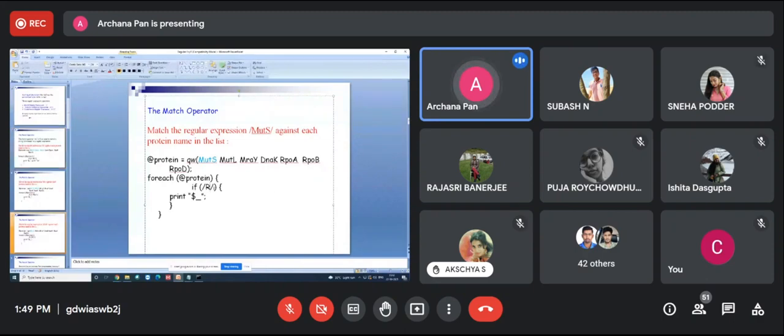So there is one regular expression modifier. If you add I, that we'll learn later, it will ignore the case. Even capital and lowercase, uppercase both will be considered.